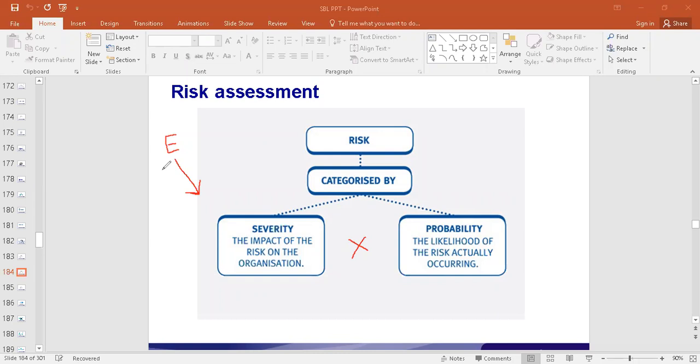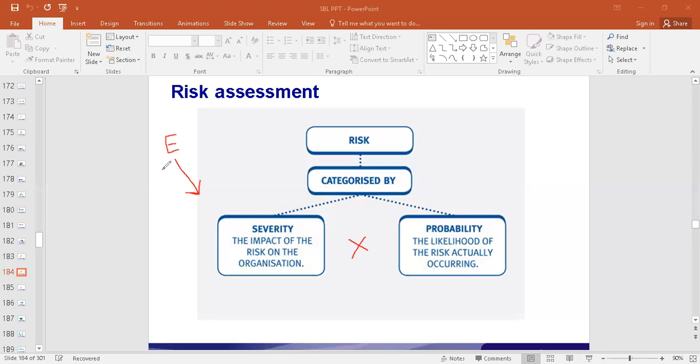We identify maybe 10 items, but what is the chance that it would happen exactly? See, we are in rainy season. Morning news says that it would rain during the day. Does it mean to say that 100% it will happen that day? What's the chance of rain happening? It is a rainy season, a rainy day, but after some time the sky can become clear. It may not rain. So what is the chance that it will rain? Is there an 80% chance, 100% chance? Does it have a 20% chance? What is the probability that it will happen? Mere listing out the events is not sufficient.